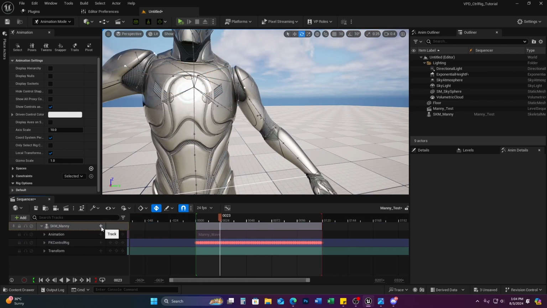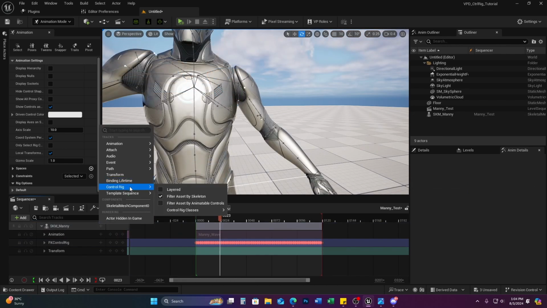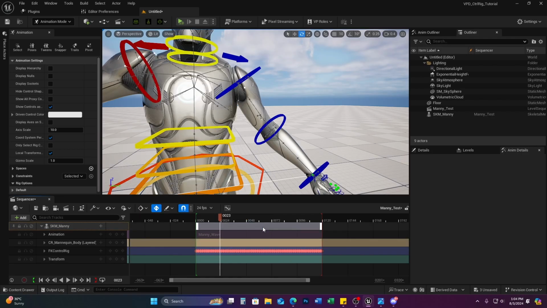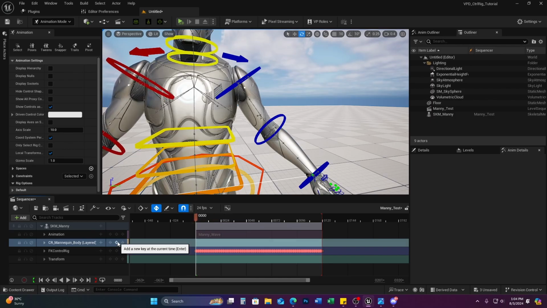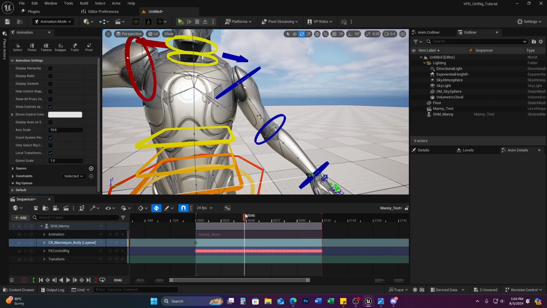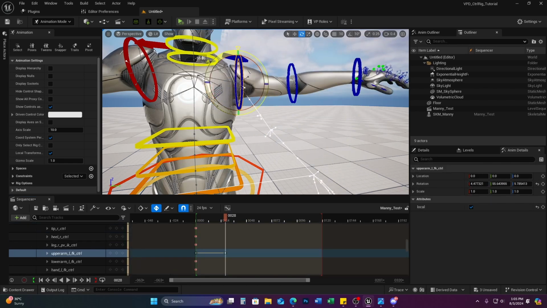This time I'm going to click the plus button, and there's another control rig. I'm going to select layer, and I'm going to bring in the actual control rig. And in this control rig, I'm going to establish my control key, and I can now